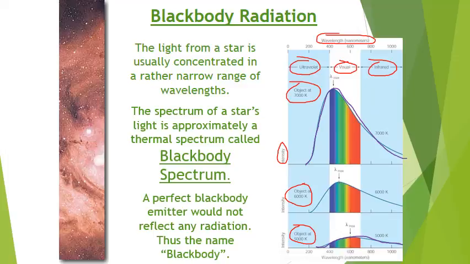Notice another thing, though. Notice where the peak occurs. That's what's called the lambda max. It's where, in this light intensity curve, the peak occurs. Notice for the hot star, the 7,000 Kelvin star, it occurs over in the purples, whereas for the cool star, the 5,000 Kelvin star, the peak occurs kind of in the orange area. So that's something called Wien's displacement law. The hotter the star, the farther to the left on these types of curves you're going to find the peak.